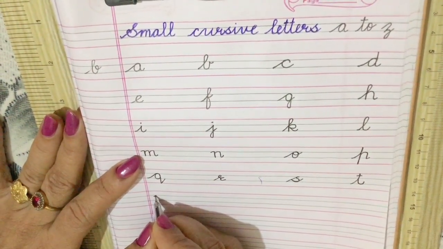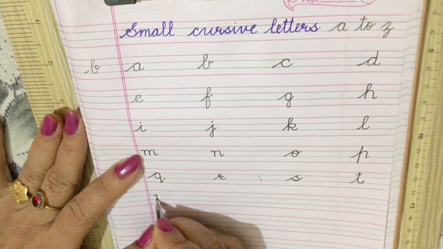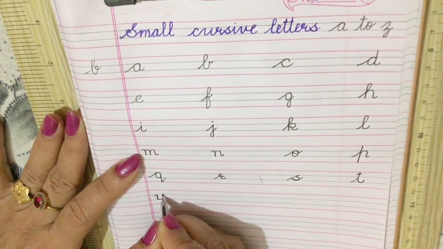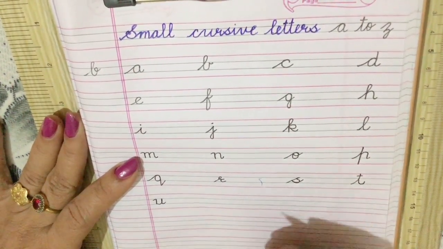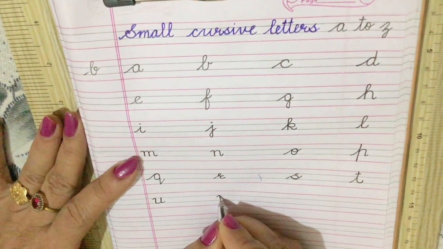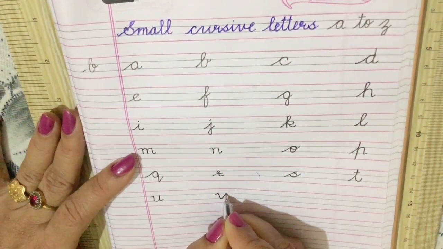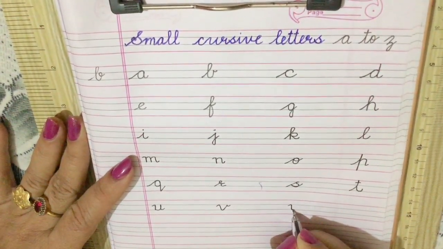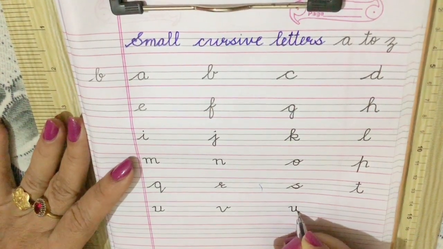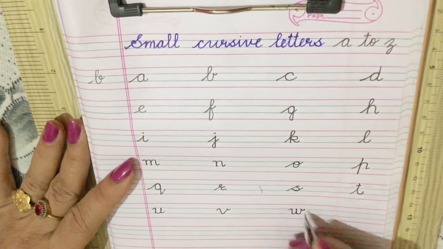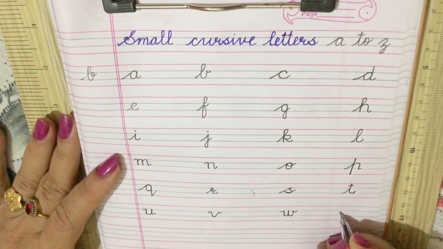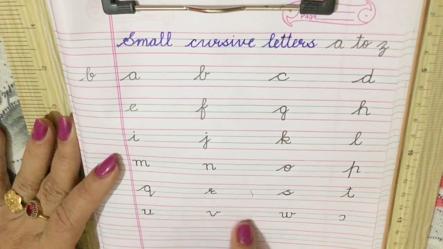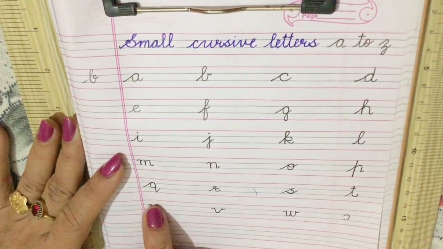In letter U, we will again make a straight stroke. We will come up to down, up, down and a tail. V also same, all U, V, W you will write with this stroke only. V, then W, 2 times U you will write and with a small curve, U. After they all U, V, W, X, they all these letters start with the up to down stroke.